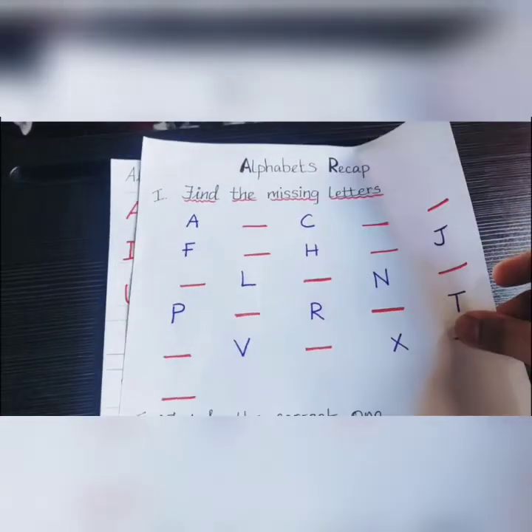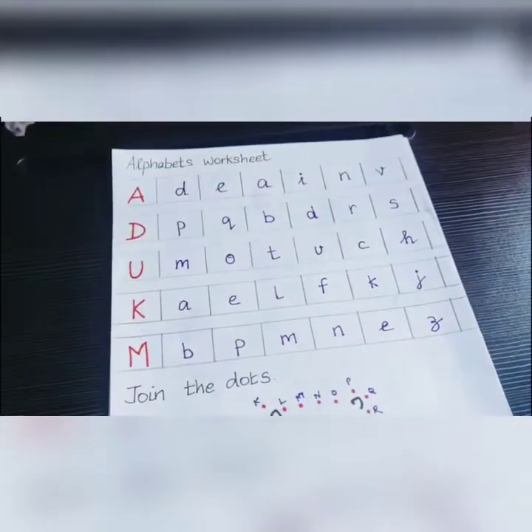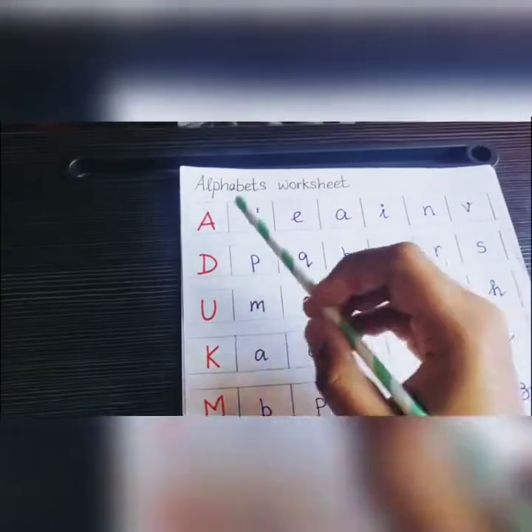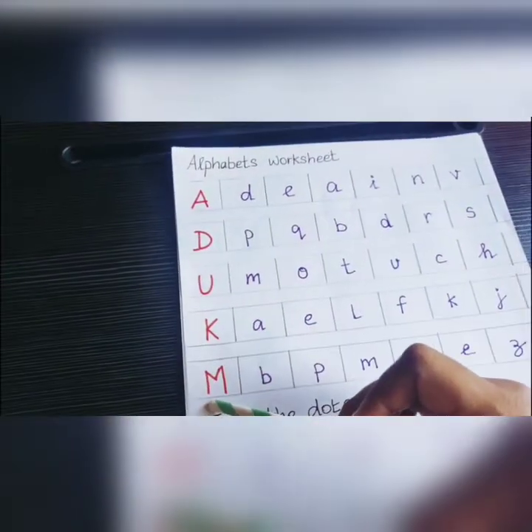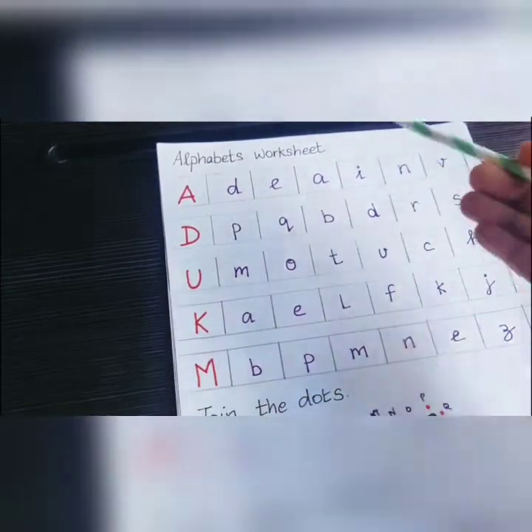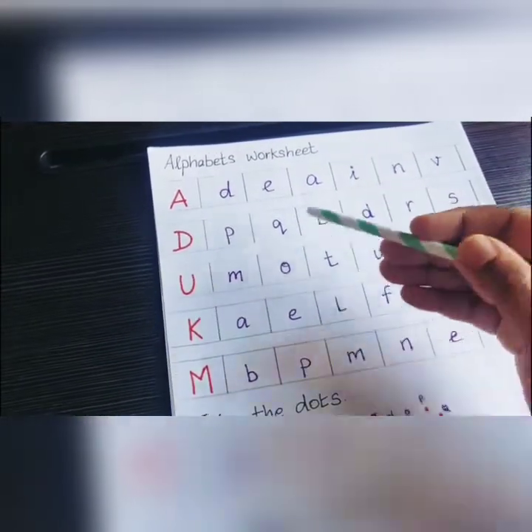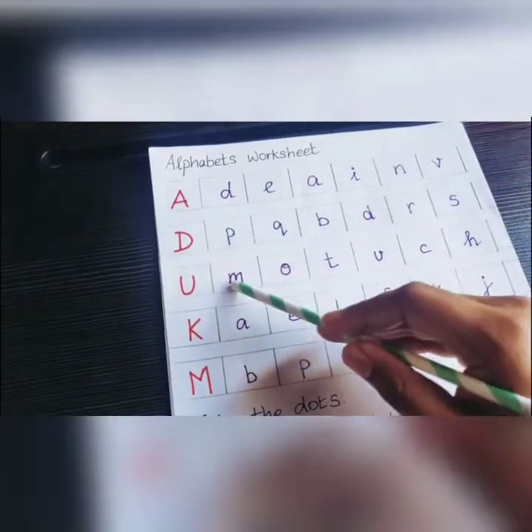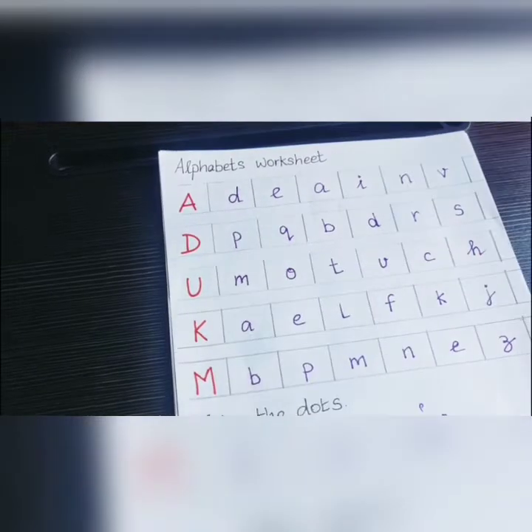The third activity for English in Day 1 is find the small letters and circle it. You can write the alphabets to be found on one side and small letter options on the other side and ask your child to find them. This actually will help your child to remember both small as well as capital letters.